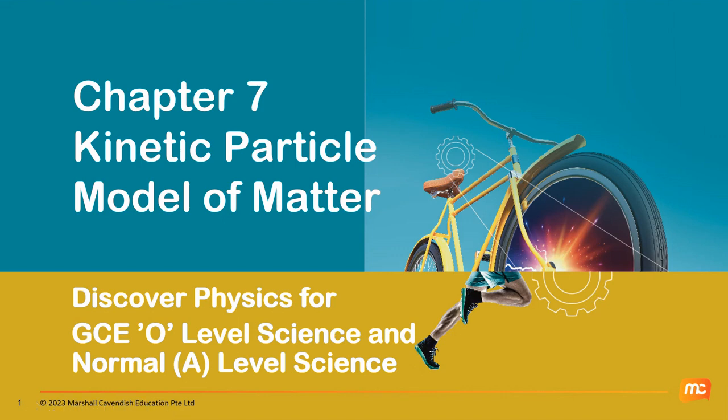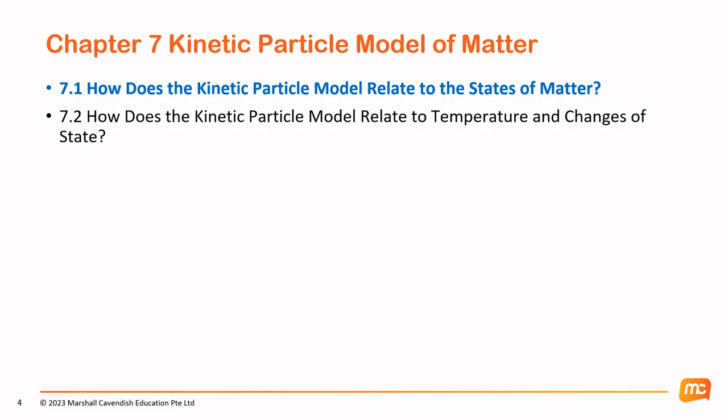So today we are going to look at chapter 7, the kinetic particle model of matter. In this chapter, we're actually going to take a look at how particles in matter behave, and how this relates to the states of matter, and then afterwards, in the second part of this chapter, temperature and changes